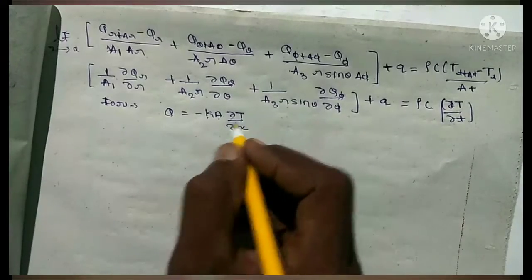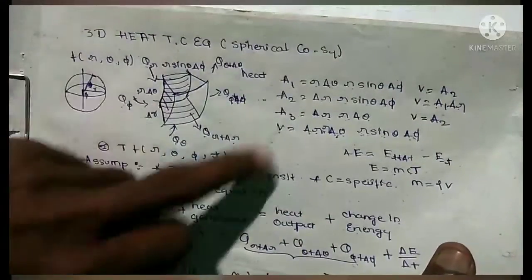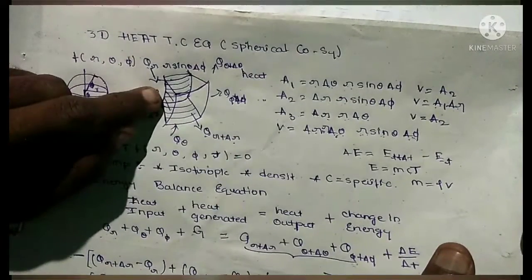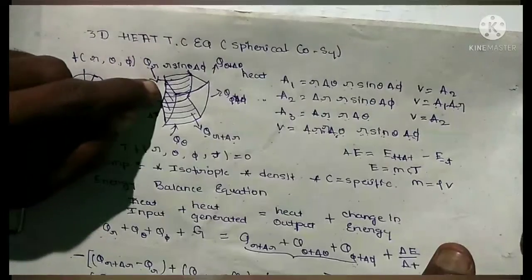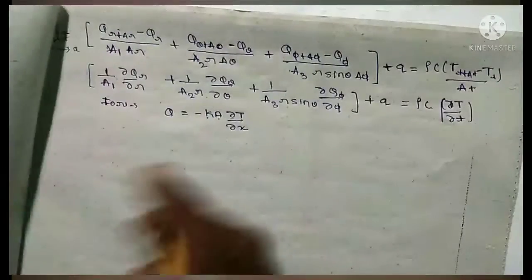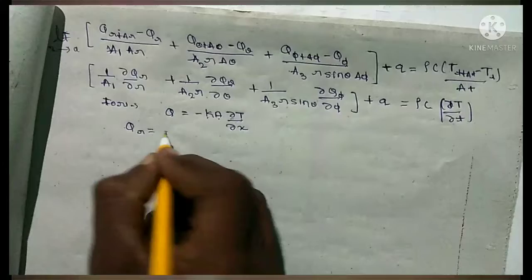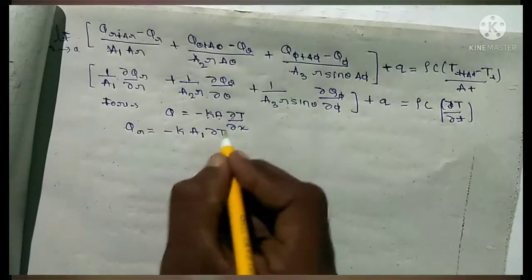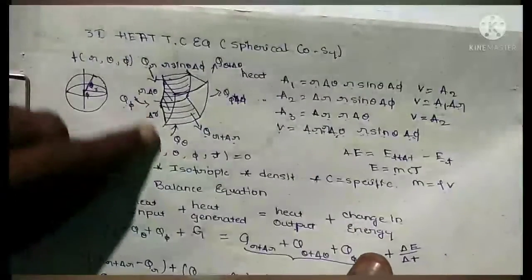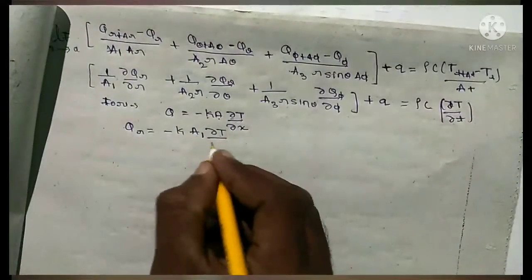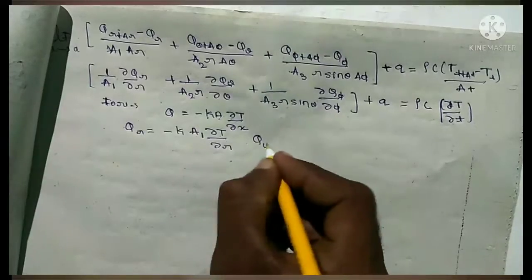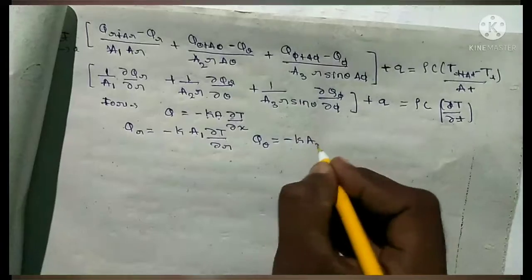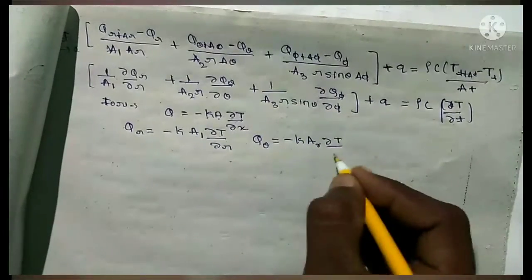Okay, similarly if we apply it at each and every condition of the heat flow, QR is equal to minus k into a1 into del t by del r, the distance being delta r. Then q theta will be minus k into a2 into del t by del